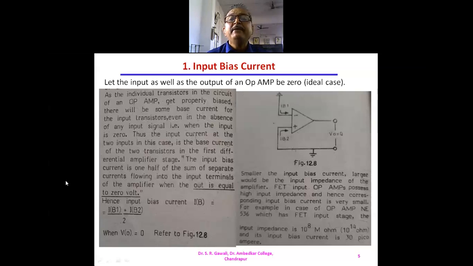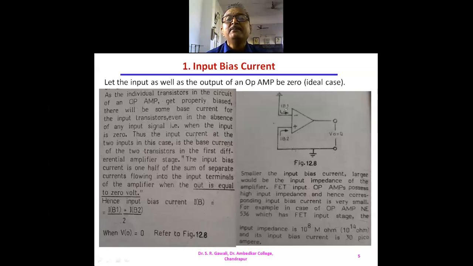So IB1 is the... here input is grounded, input is not connected, no input is applied, and we should have the output to be 0. Output अपने को 0 मिलना चाहिए. Input अप्लाई नहीं किया फिर भी आउटपुट अपने को तभी अपने को आउटपुट 0 मिलना चाहिए. लेकिन क्या होता है, because of the proper biasing, some input based current flows to the operational amplifier, and that